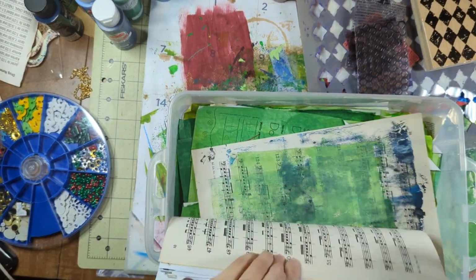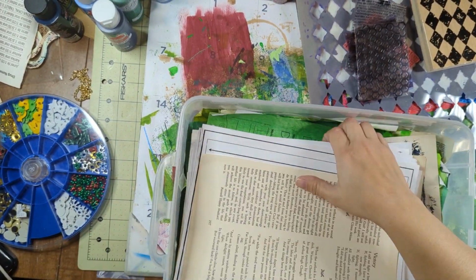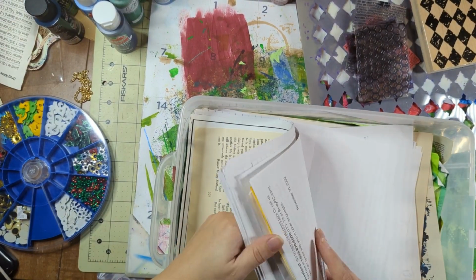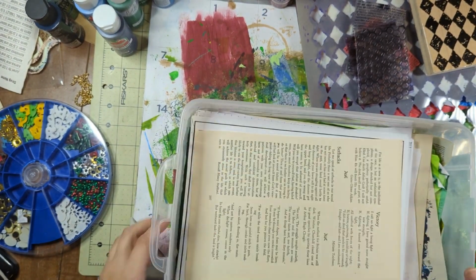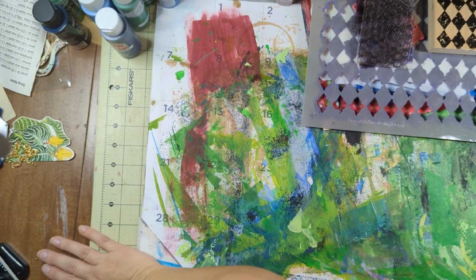Hey everybody, this is a painty paper video that just shows you what I went through making my Christmas painty papers. This bin is where I kept all the papers that I was using. I used schoolwork, I used catalog, you know, the health insurance drug catalogs that show up in the mail. I used those pages,